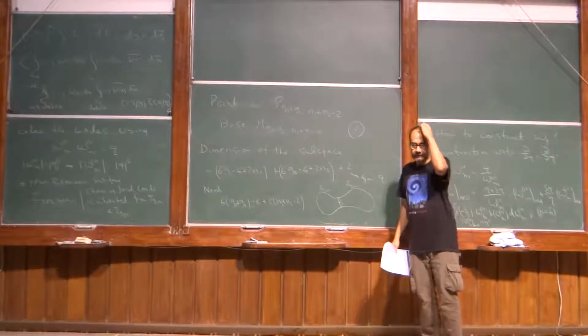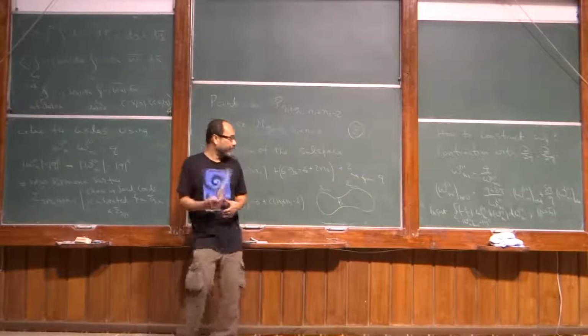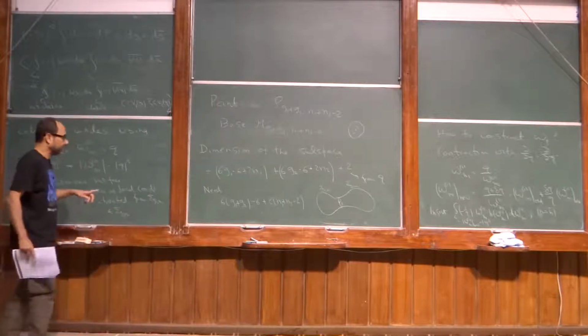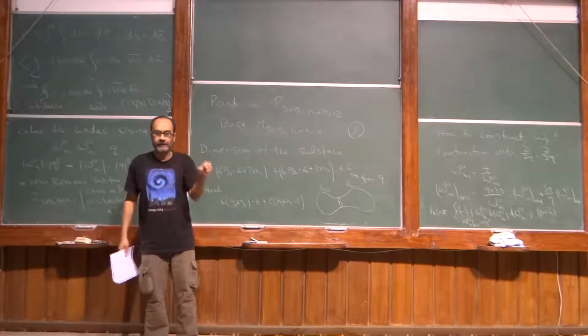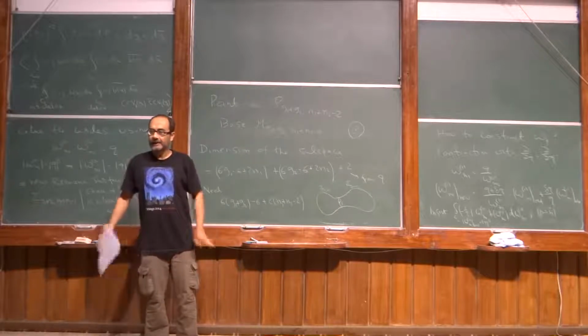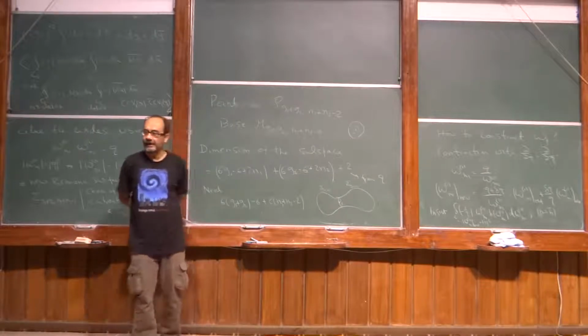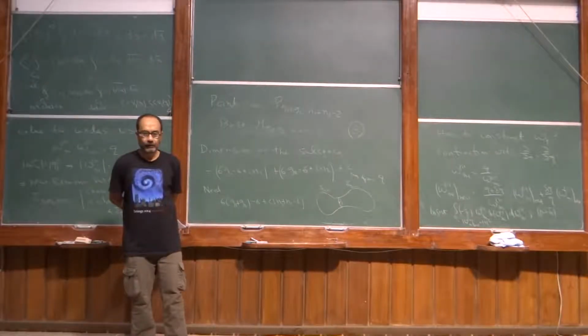Is this okay? Okay, so I think I'll stop here. Maybe I should just add one thing. The counting I'll leave to you. Here we considered two different Riemann surfaces and glued one puncture from each. You can play exactly the same game by taking a single Riemann surface and gluing its two punctures. That will give a Riemann surface of genus one larger and two fewer punctures. You will go from sigma g n to sigma g plus 1 n minus 2.